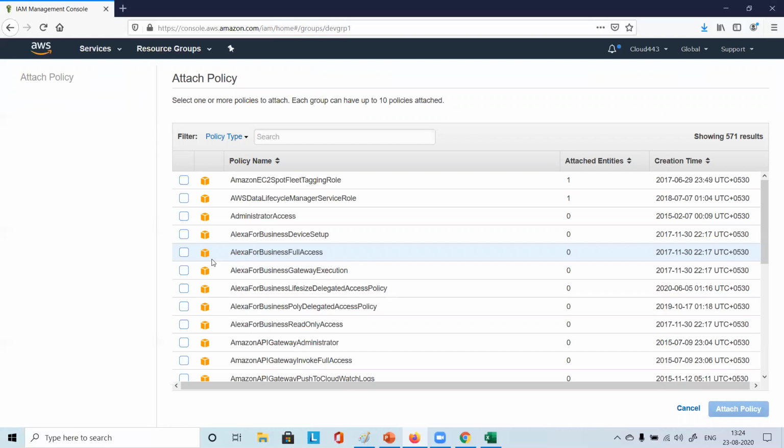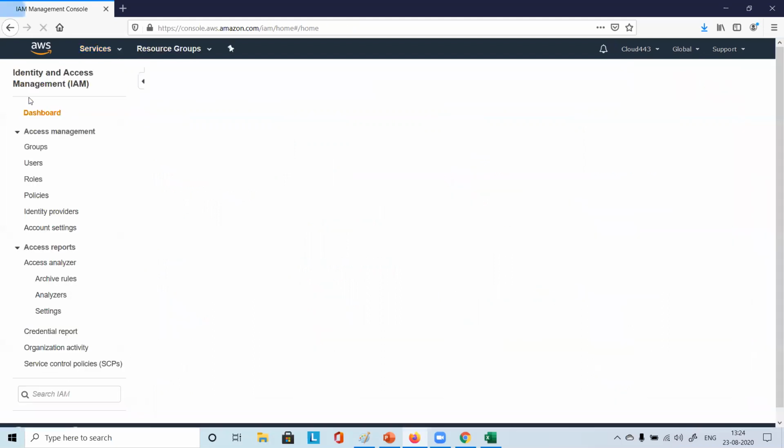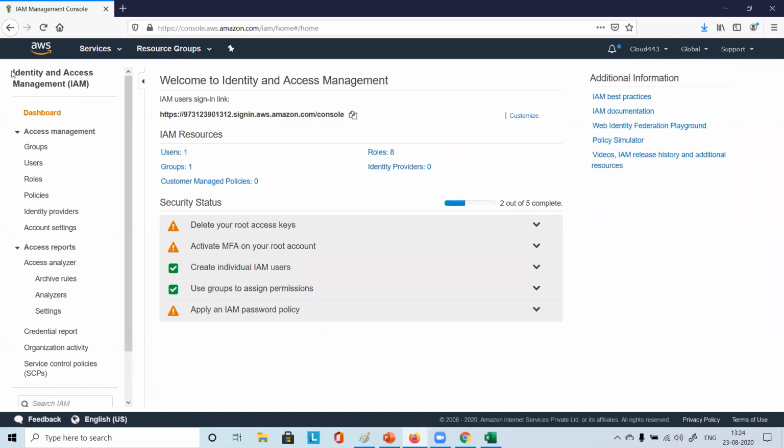Okay. So now what we can do. What type of policy do you want to give? Just a minute, I'm in the EC2 now. So where do I go? One second. So what you have to do is go to the Amazon web console. There you have to choose IAM. Click on IAM. Then you reach the IAM dashboard.